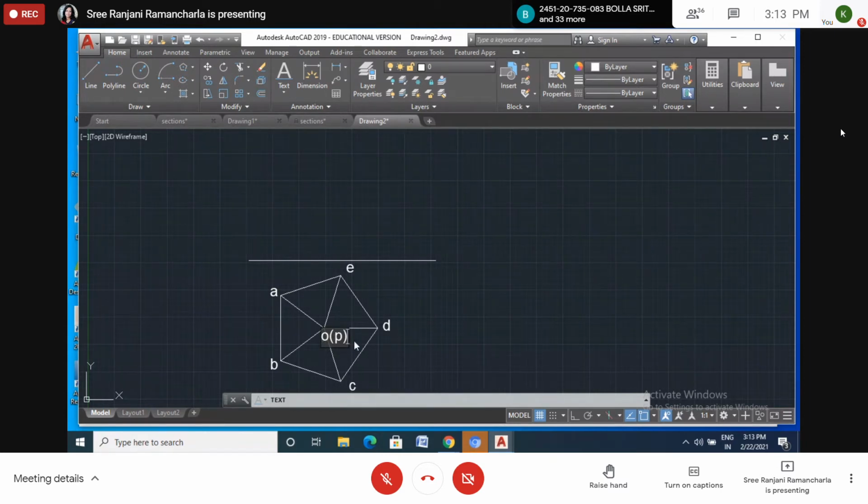So when 2 points are coinciding, when we see the top view or front view, 2 points or 2 ends are coinciding. The visible end is out of brackets, the invisible end is in the brackets, right? So that we can understand where is the P and where is the O.